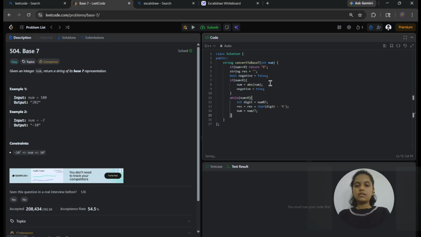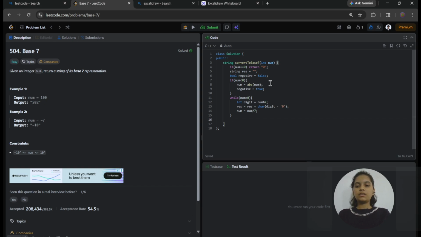As I said earlier, I have to keep running the while loop with the answer I get by dividing the number by 7. So if I have the number 25, then when I divide 25 by 7, I get 3 as the answer.